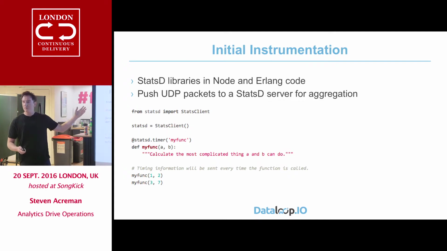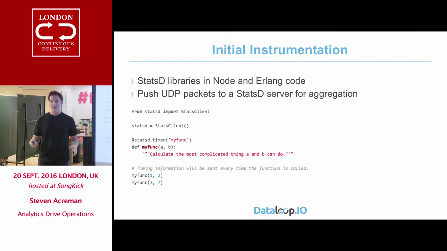But I don't know if you guys have seen statsd. I've probably overstepped a bit, but statsd is a library, an open source one from Etsy. You can put it into your code. You can decorate your code with counters, gauges, sets and timers. And then every time in production that piece of code is hit, it will emit a UDP packet. And that's something that we can then graph and alert on. Which is cool, and it's quite easy to use.